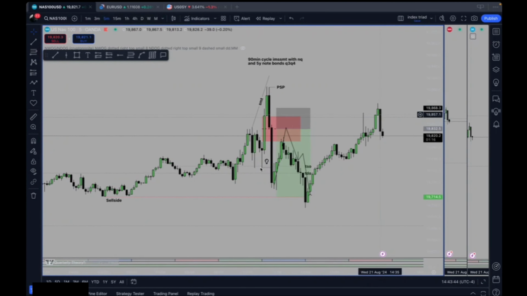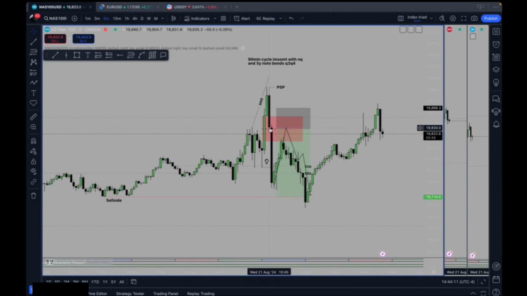It involves a market structure shift. So this low was broken with this fair value gap, and I marked it right here. Then we had this inverse fair value gap going over this fair value gap, creating a balanced price range on the 5-minute. So I was looking for an entry off of this one at 50% of it,